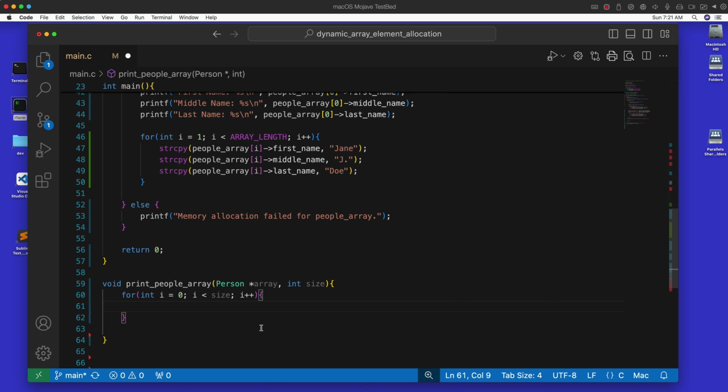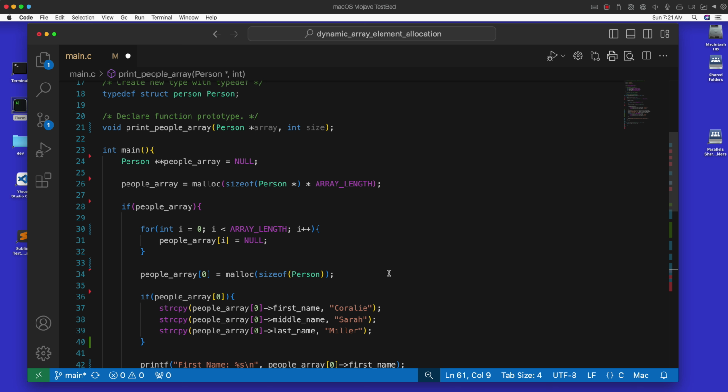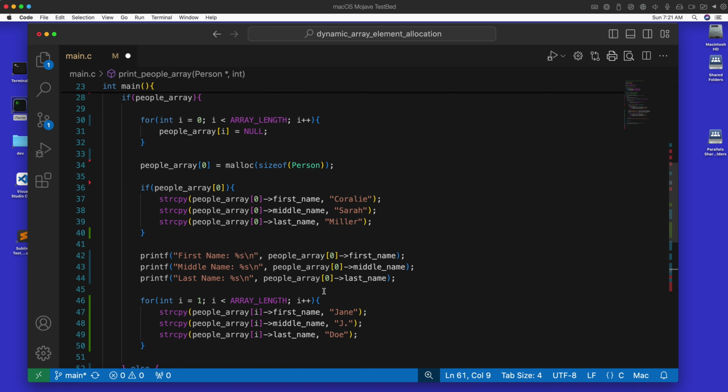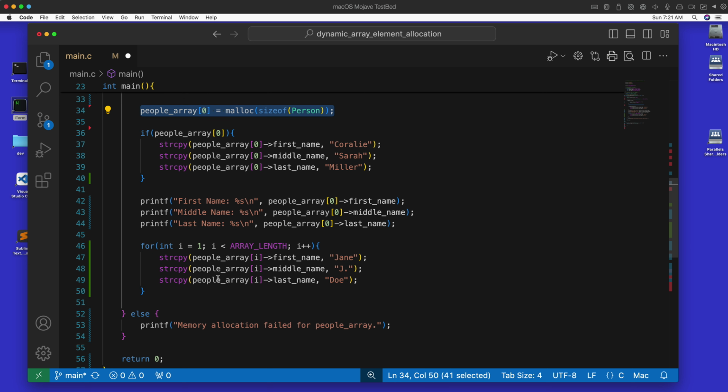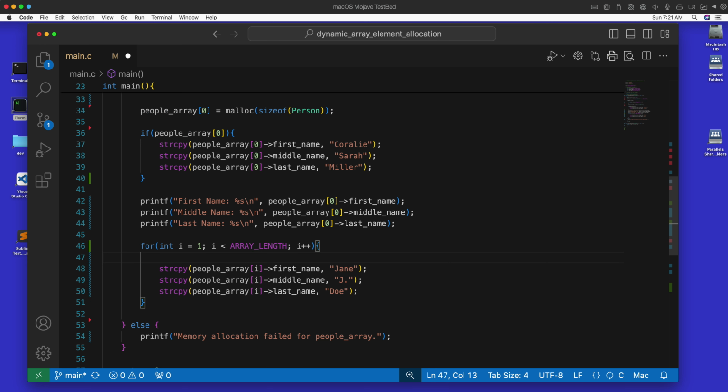Okay, so here we are going to run into an issue, right? And that's because naively, I'm charging ahead and I say, oh, I'm just going to go ahead and allocate this stuff, but I have not allocated each of these elements. So the first thing I need to do in this for loop is allocate the person for i. You guys were probably yelling at the screen, you didn't allocate the stuff. All right, so people array i,